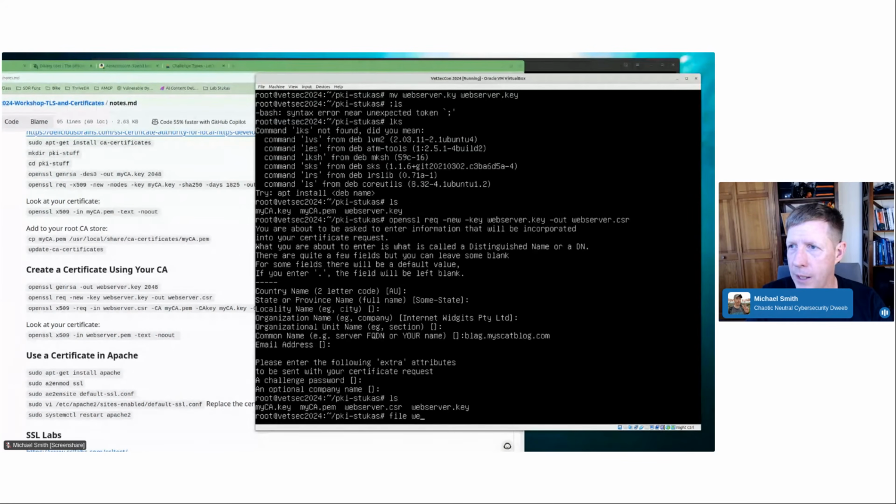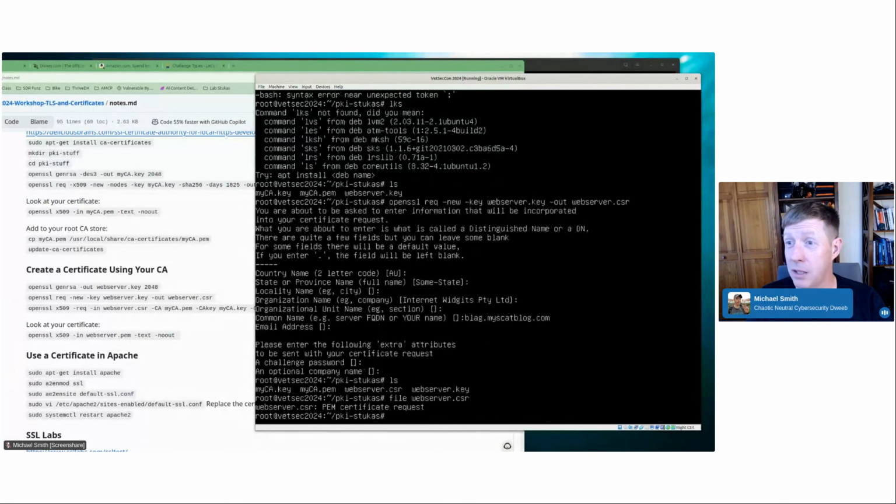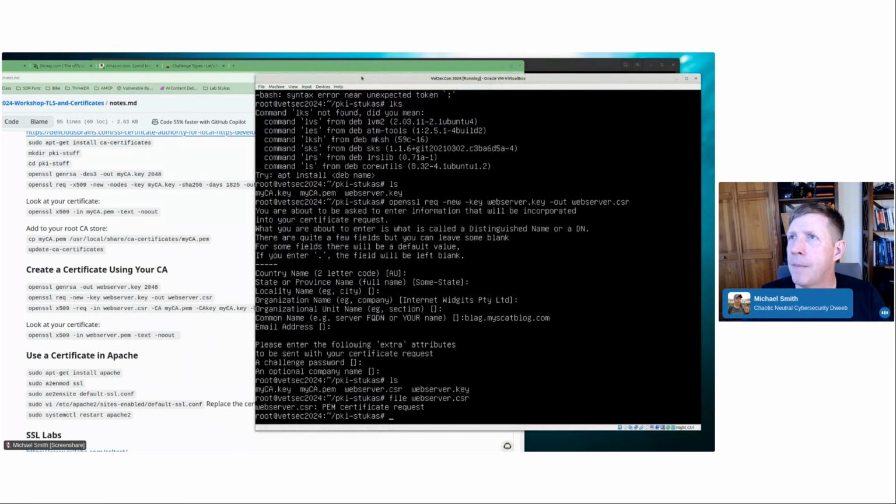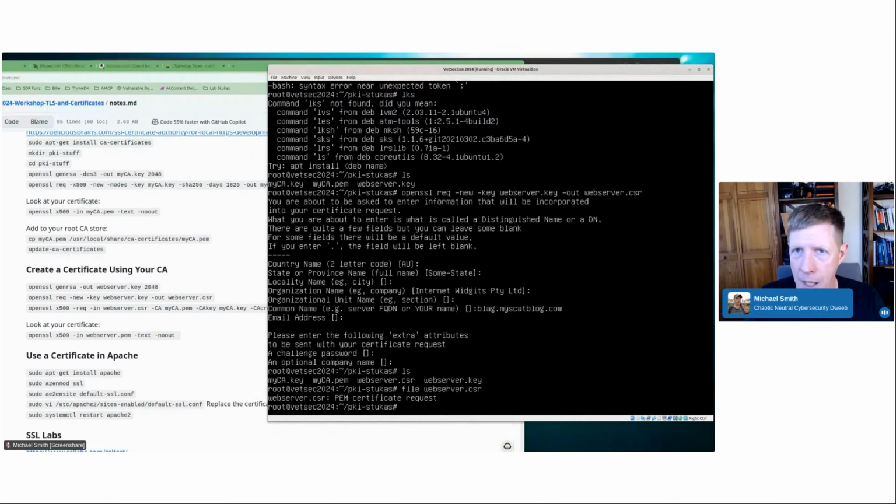I can do file on the web CSR. It's a PEM certificate request. I can actually spit that out using the same openssl x509, so that'll give me all the details. It'll be the same as the certificate. And then I want to sign it using my CA. So I will do openssl x509. So use the certificate module. We're going to import a CSR or request, -in webserver.csr,